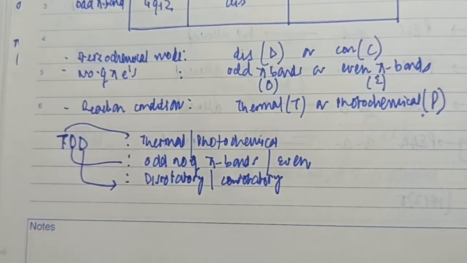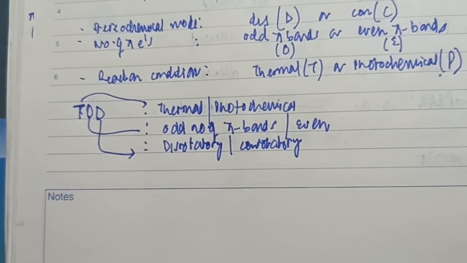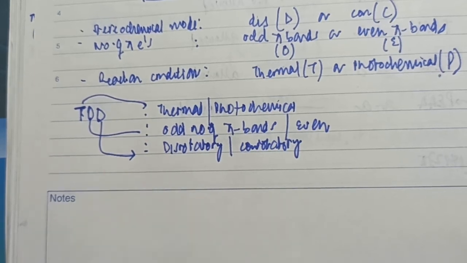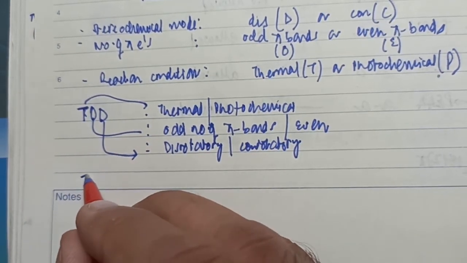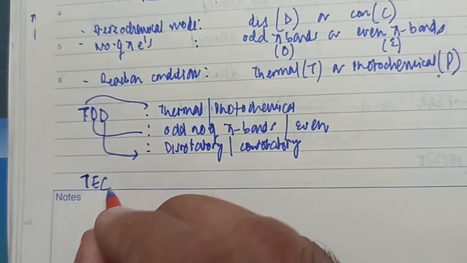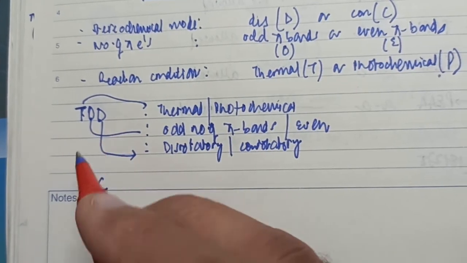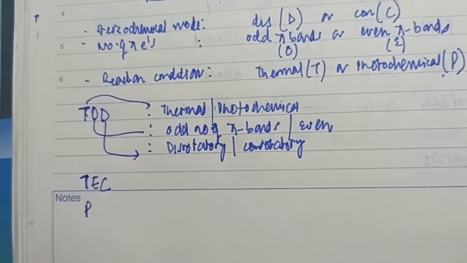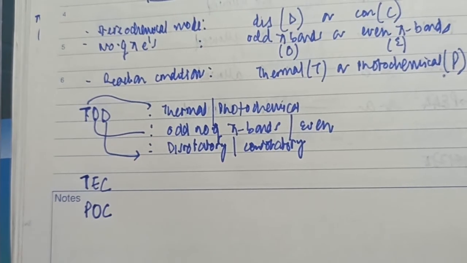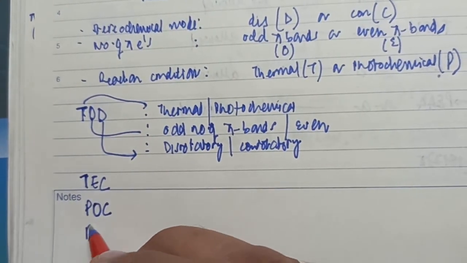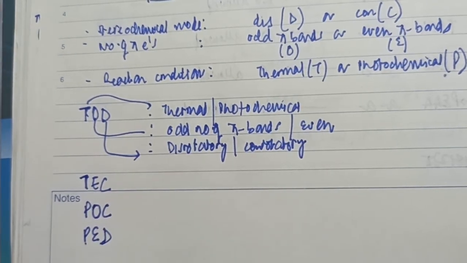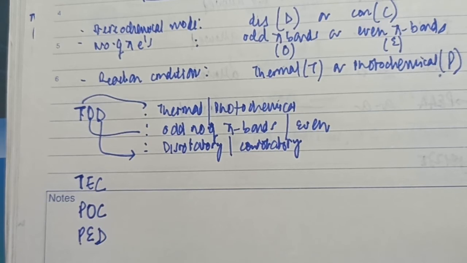Again, the logic of creating a new formula from this formula would remain the same: you can change two components here to create a new formula. What are those two components? Let's say I keep T the same, I have to change odd to even, and dis would be changed to con. So I've created a new formula, right? I change thermal to photochemical, I keep odd as odd, so I've changed one thing, and I have to change dis to con. Let's say I've changed thermal to photochemical and odd to even, two things have changed, the third thing will remain the same. So we've created 4 formulas for the electrocyclic reactions.